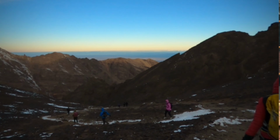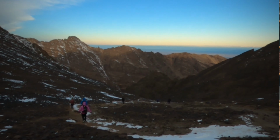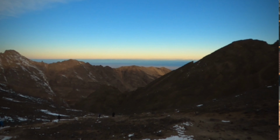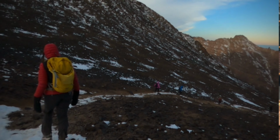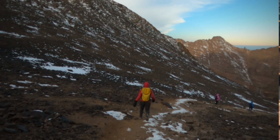I think it's just a fantastic trip and I highly recommend it, especially for beginners. I would say beginner mountaineers. I wouldn't want to be a total beginner hiker and do this because it is a lot of elevation. We're going from 1700 to 4200 and back, out and back in the space of really 2 days,